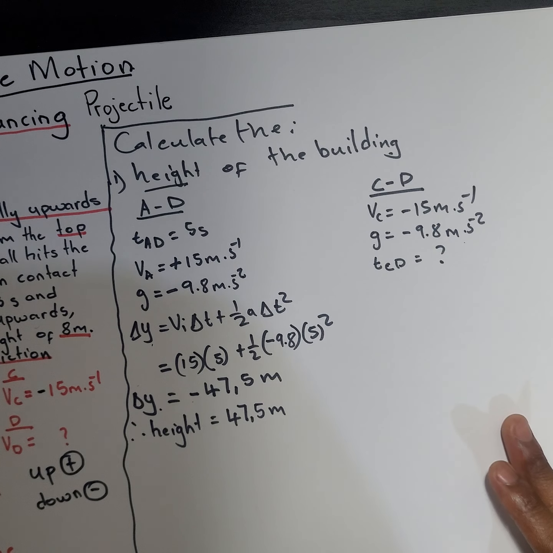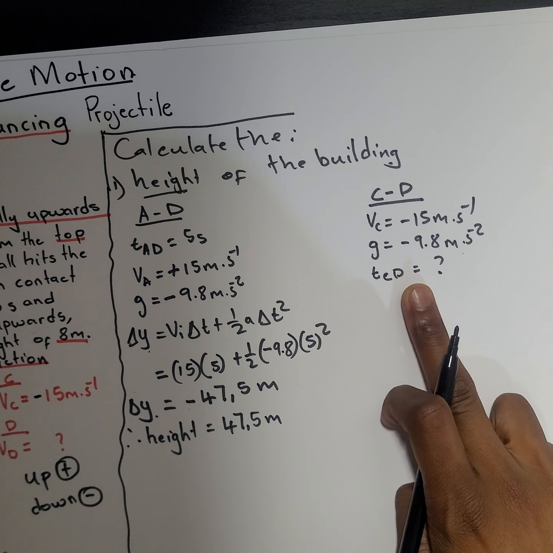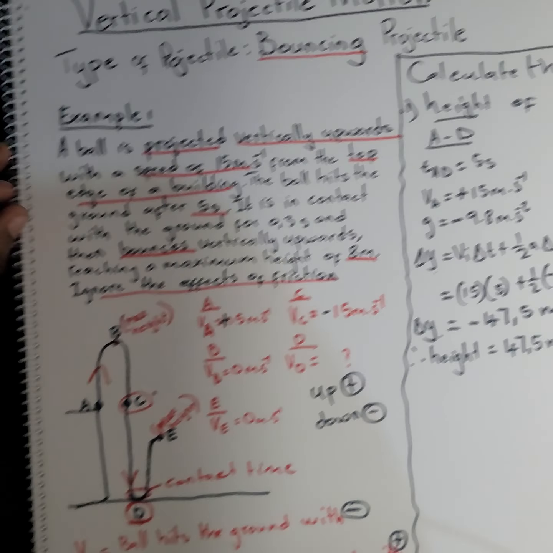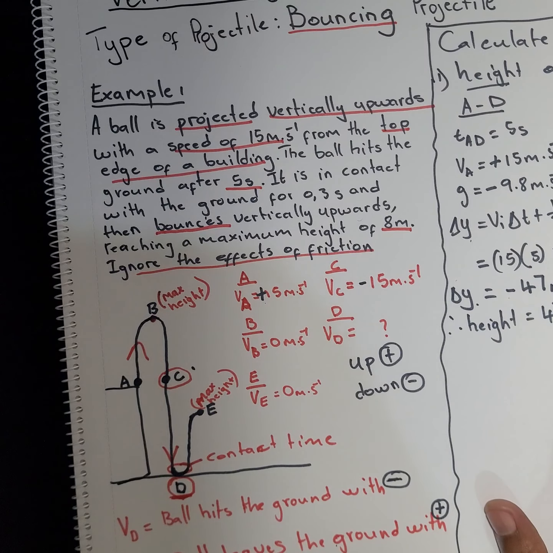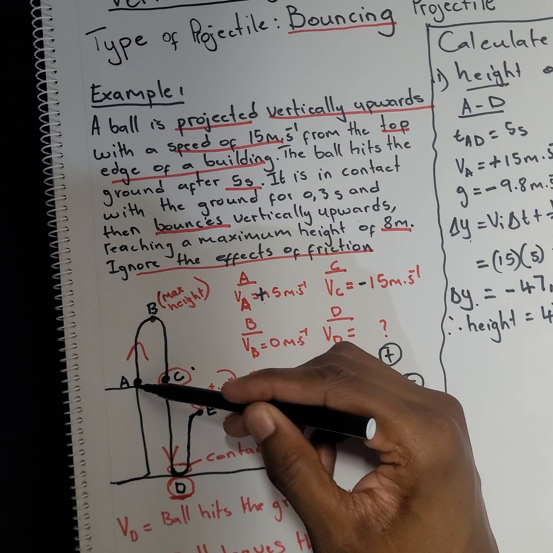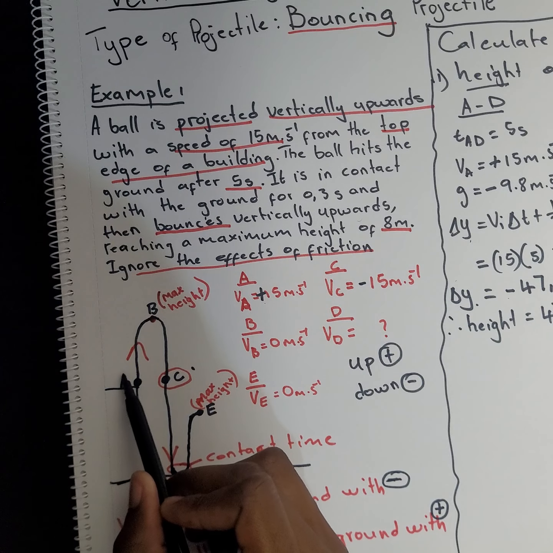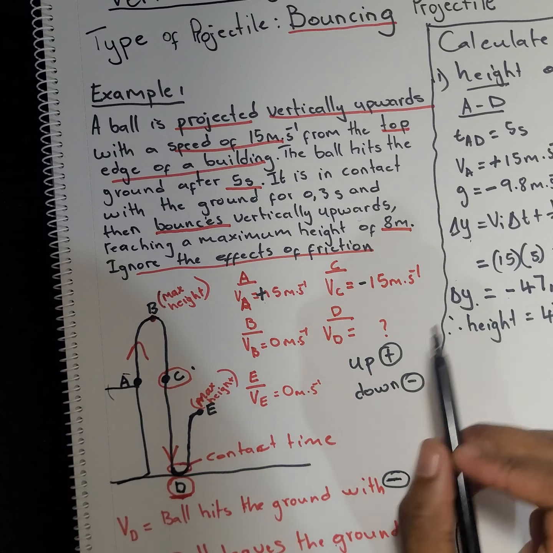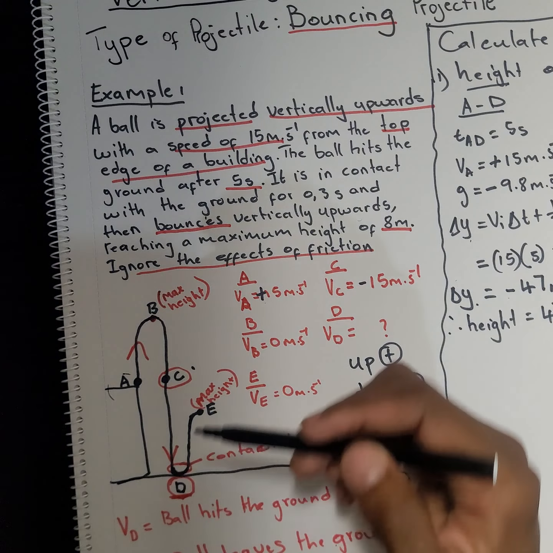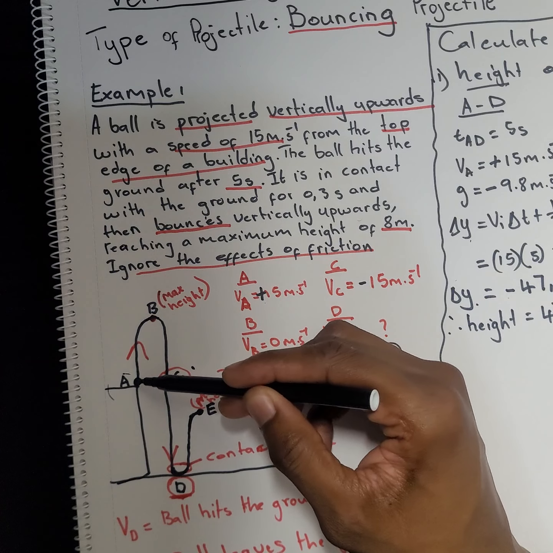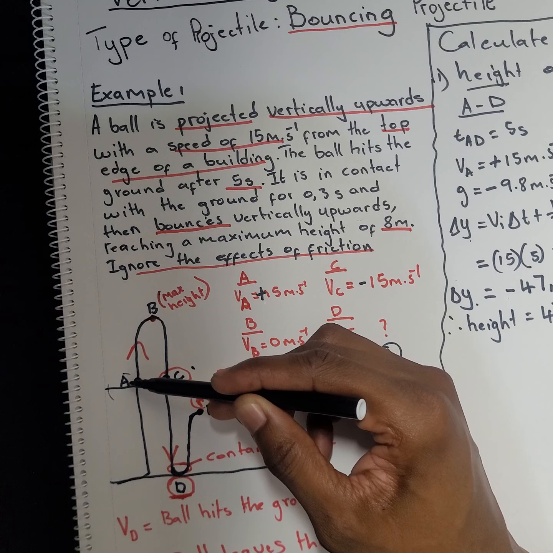Can I find that time? Yes, I can find this time from C to D. But how will I find that time? Let's have a look, ladies and gentlemen. We said the ball takes 5 seconds to move from A to D. It takes 5 seconds. But now, if I can find the time from A to B,